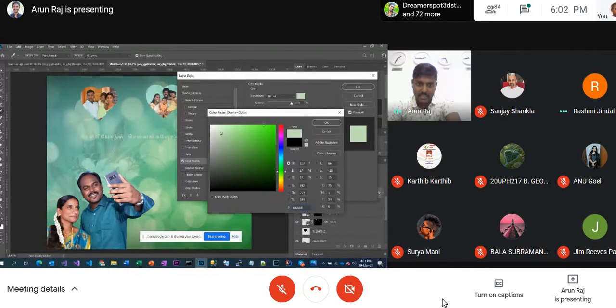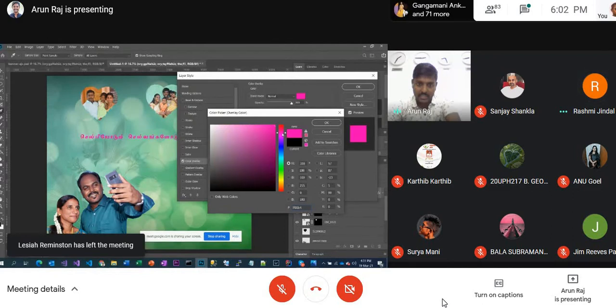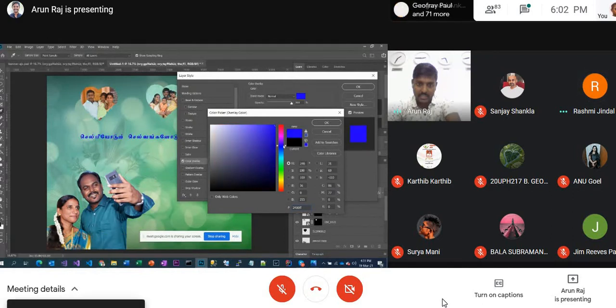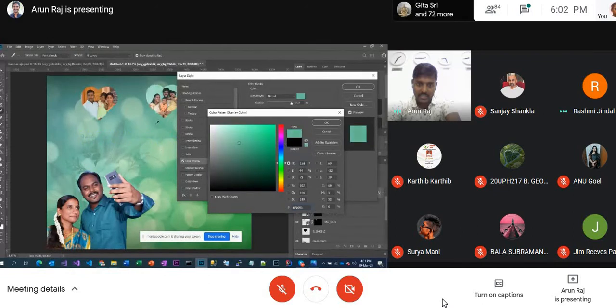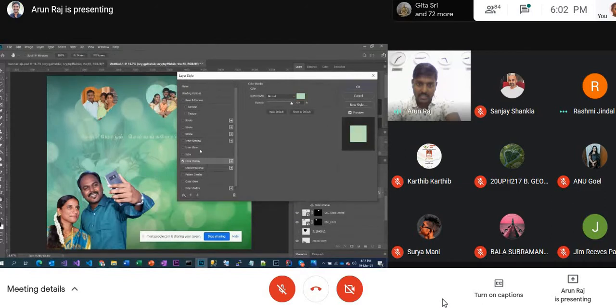If I go completely away from it, sometimes it may look very odd. Sometimes it may be okay. Like, now I am taking something like this. Or maybe I just want to stick with the image. I can even take some color very related to that image itself, and then I can emphasize it.